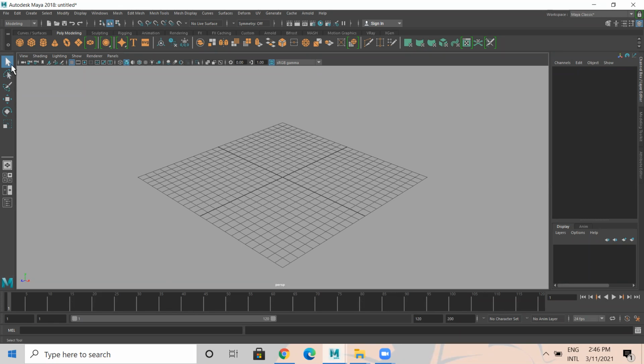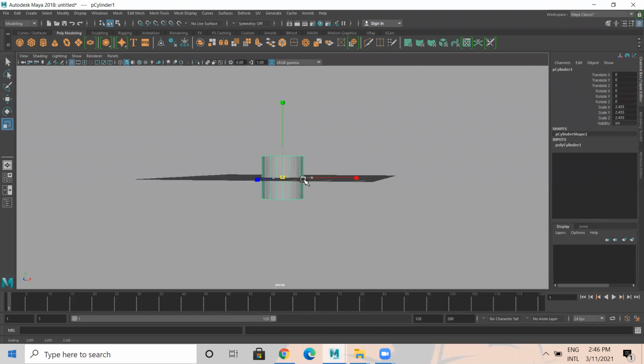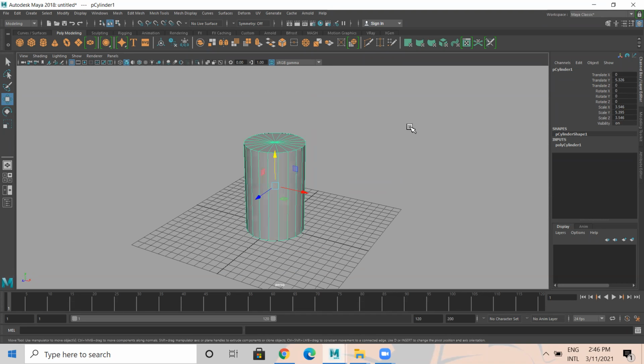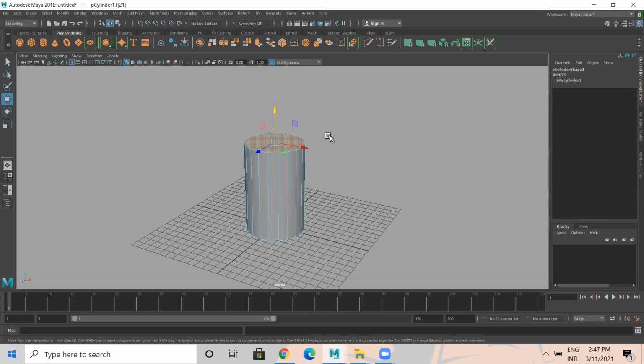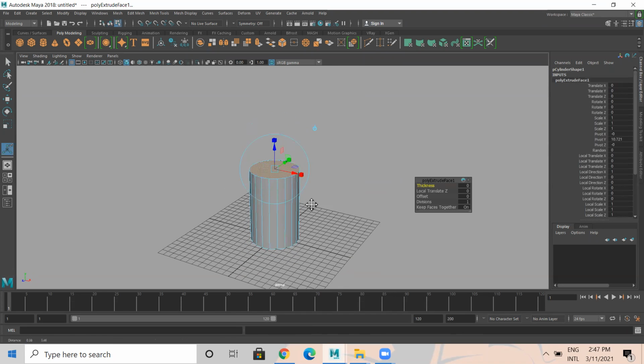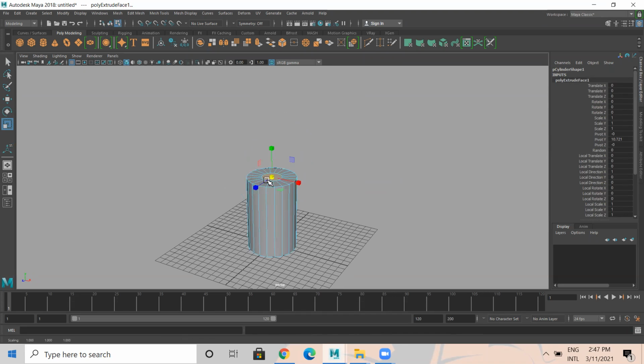So now let me create a simple bottle first. Okay, we have this bottle. Then polycylinder cap, I don't want the cap, so I'm selecting this particular face. Extrude this, make it smaller, lift it like this.